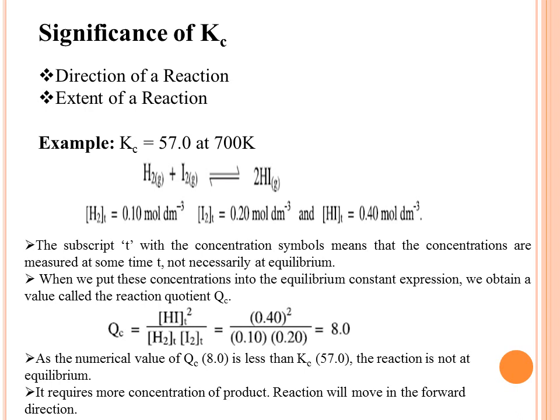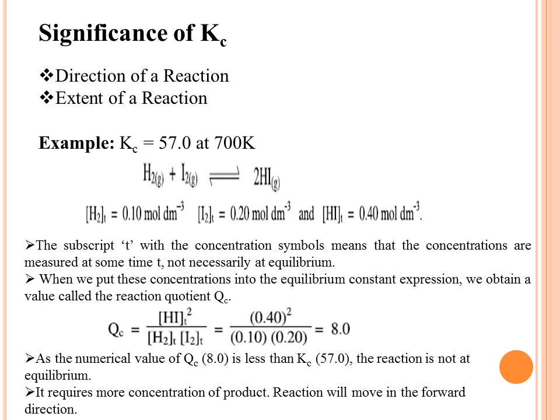Now let's try. Here the molar concentrations of the reactants at Qc are given. When we put these values in Qc, we will get the answer 8. For example, my reaction achieves equilibrium at 4 o'clock, and then I take the molar concentrations of the reactants and products at 4:15. So definitely after 15 minutes the molar concentrations of the reactants and products are going to change.